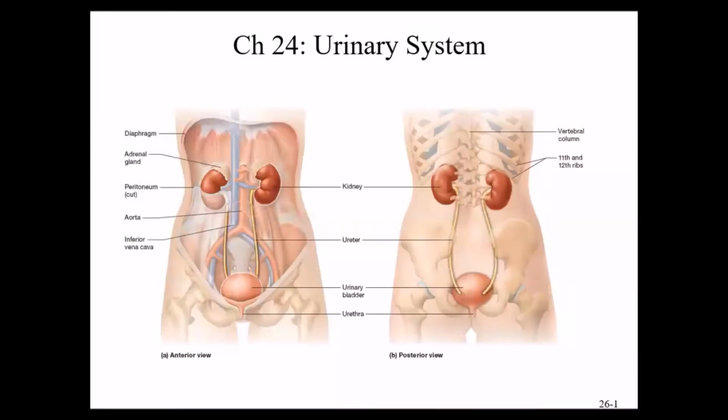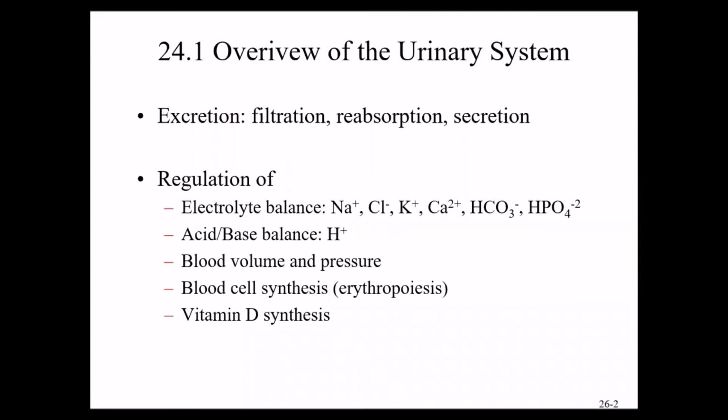All right, in chapter 24, we'll be looking at the urinary system, which includes the kidneys, the ureter, the urinary bladder, the urethra, and we'll be talking about the physiology, the functioning, and a little of the anatomy for the kidneys. So let's begin by looking at just an overview of the urinary system, and there's two main functions seen